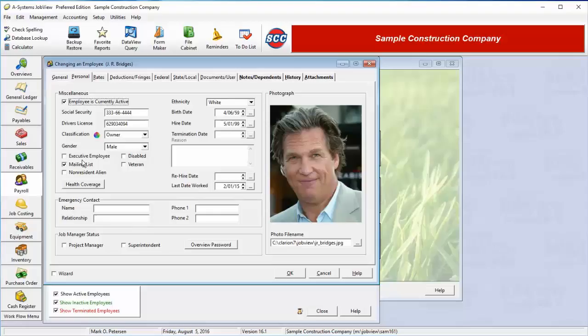Here we can indicate whether this person is an executive employee. For more information about executive employees, refer to the training session on Setting Up User Information. This box indicates whether this employee should be included in our mailing list. Select the employee's ethnicity here, and then their birth date, hire date, termination date, the reason for termination, and the